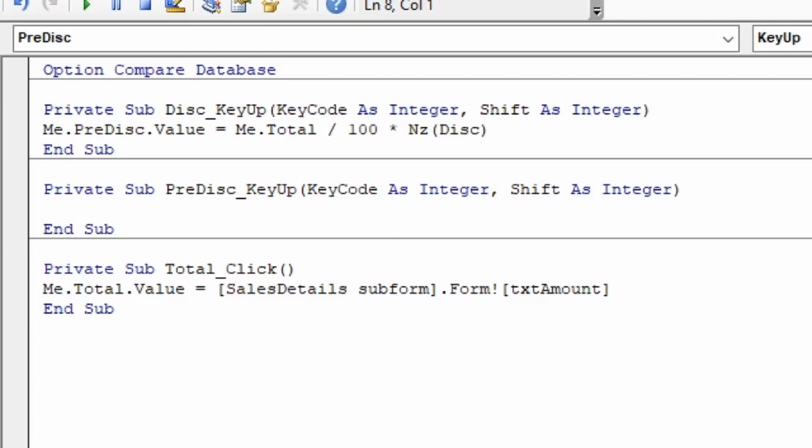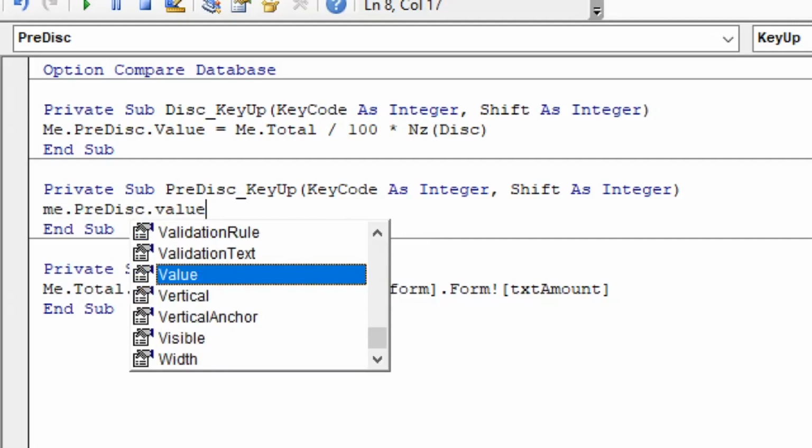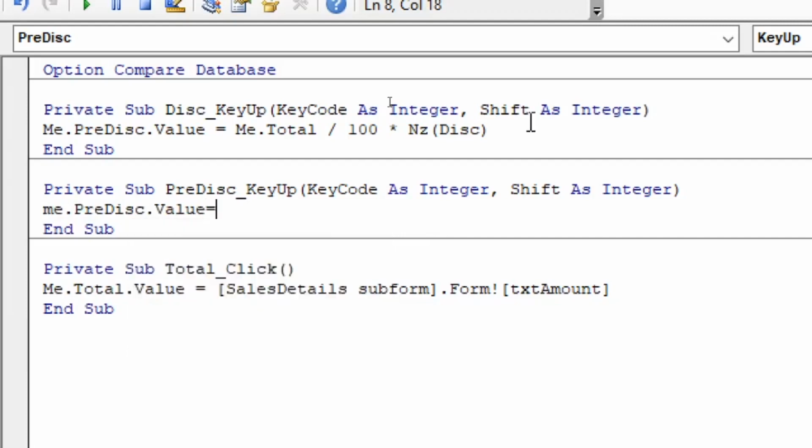Then we need to see for the pre-discount. We are doing for the pre-discount. For the pre-discount, it will be me dot pre-discount dot value equals to